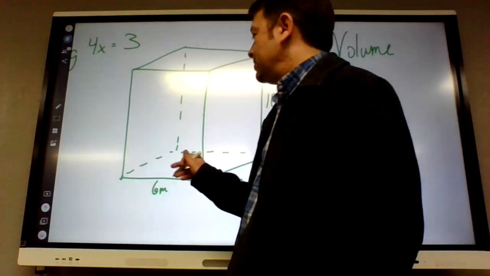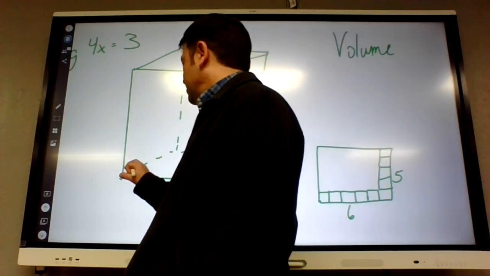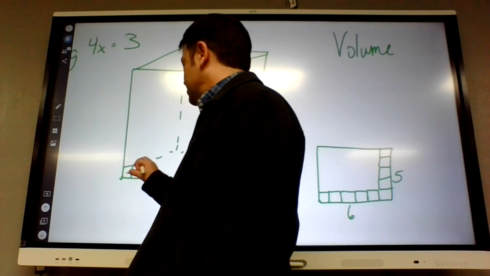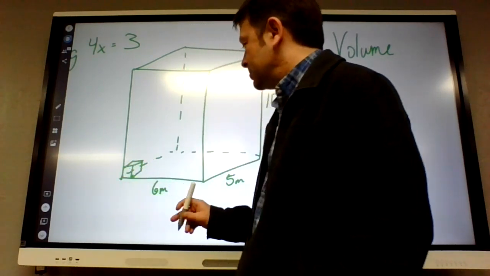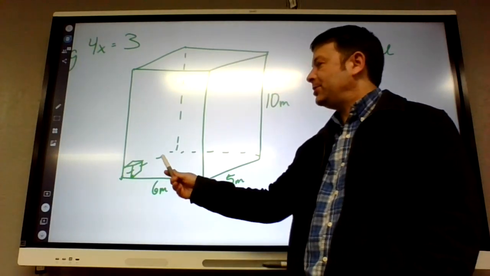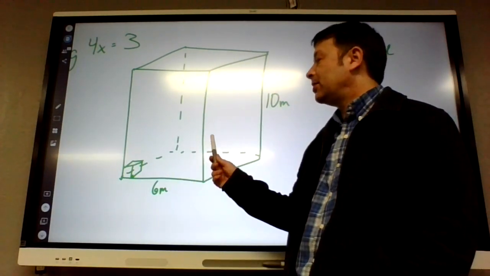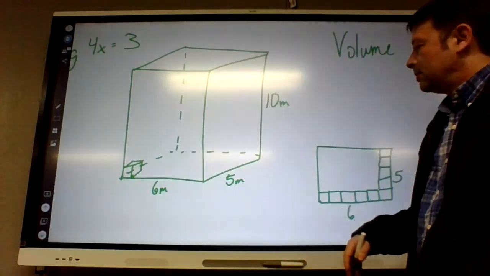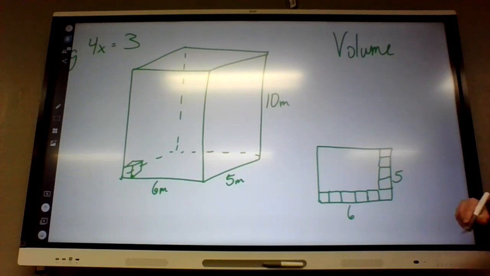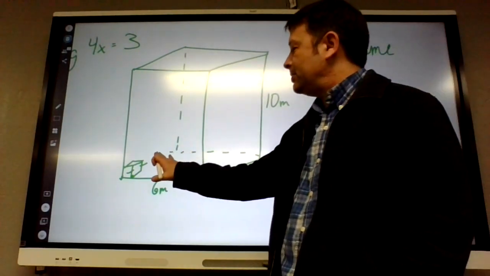So in a three-dimensional object, what units would we use? Cubes. So the question is, how many cubic units fill inside a 3D solid? Okay, so the way we're going to do it is figure out how many